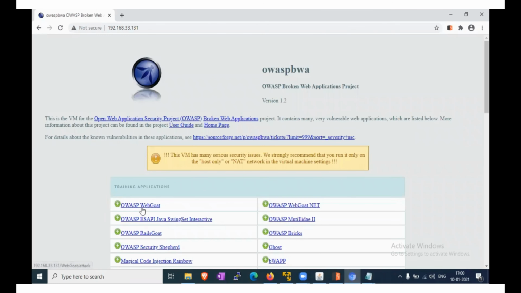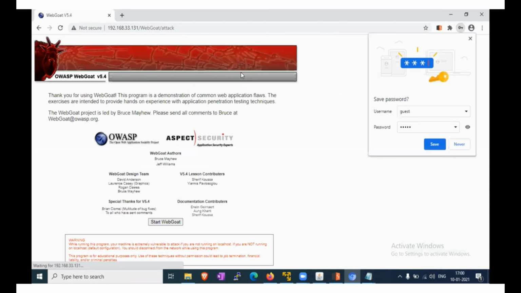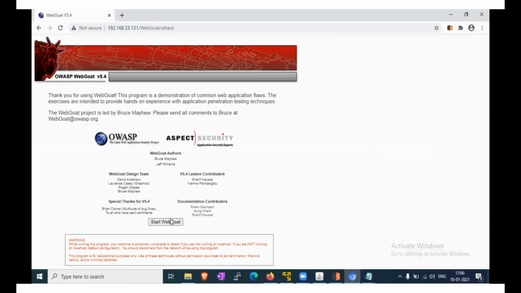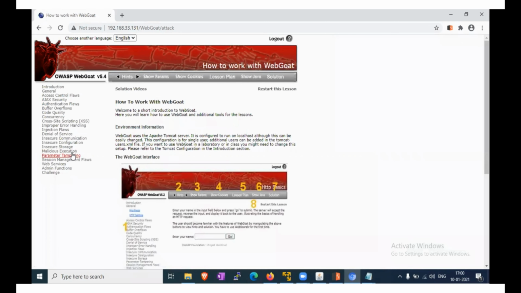For this we have to open WebGoat. Enter username, password, guest. For the malicious execution, we have to search for it. First, start the WebGoat malicious file execution.